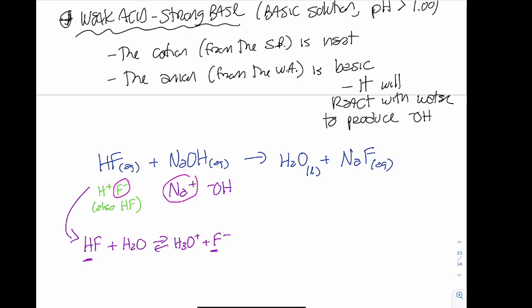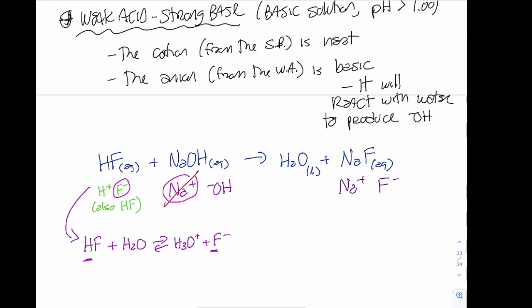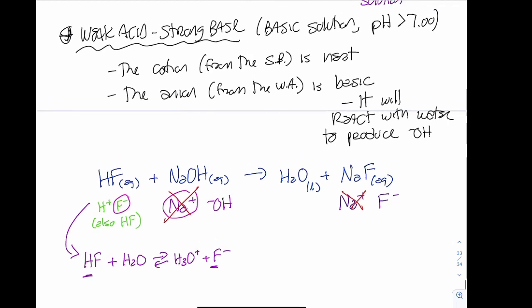And then again, solubility rules. I don't actually have sodium fluoride in solution. I have sodium ions and fluoride ions, which means my cation from my strong base is a spectator ion. If we go back up here, the cation from my strong base is inert. It's a spectator ion. We don't care about it. We just cancel it right out. So my net equation